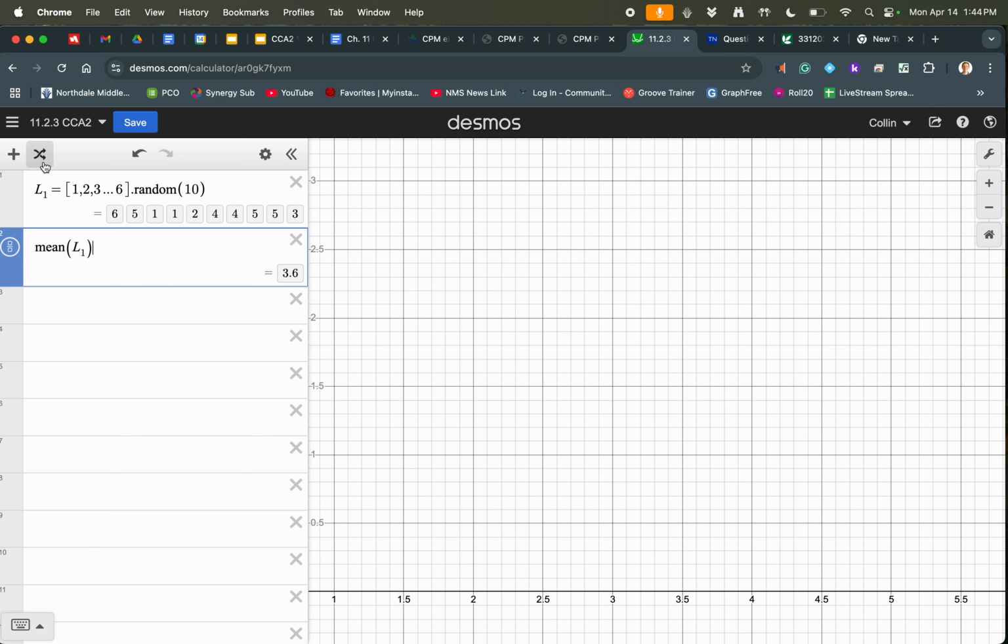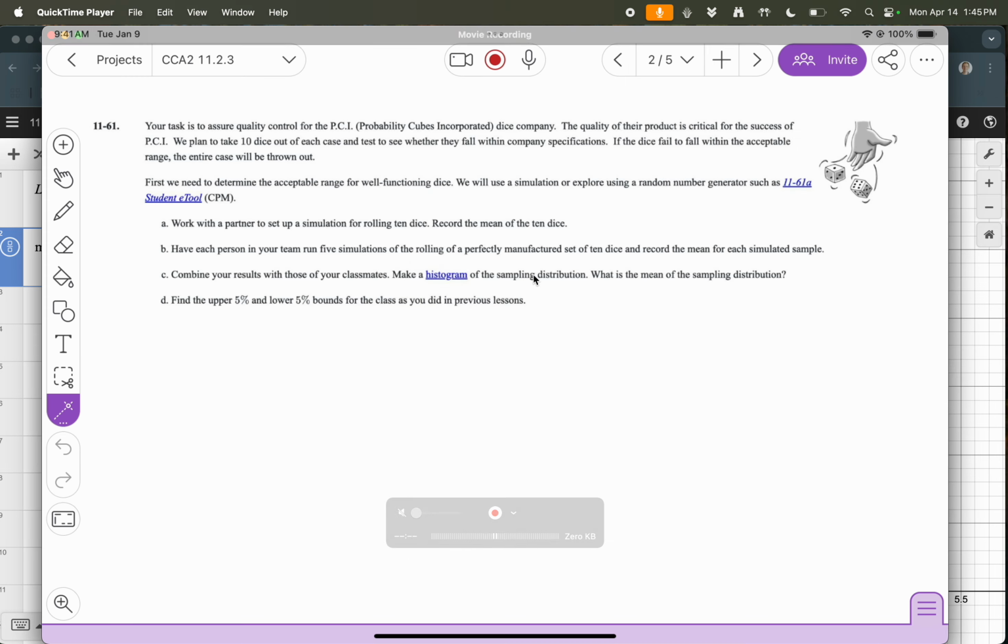So I just feel like this is my best tool. I'm going to stick with decimals for this time, but I wanted to show you guys the rest of that stuff so you kind of knew what we were talking about here. So record the mean of the 10 dice. Well, on this roll, we got 3.6. So let's do that. So we got the mean is